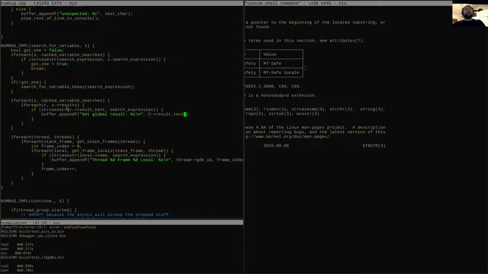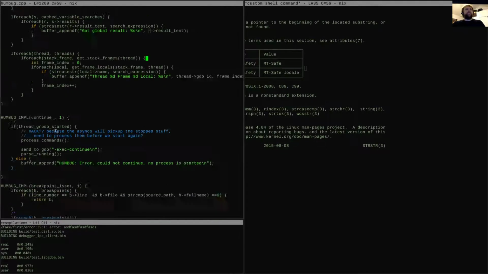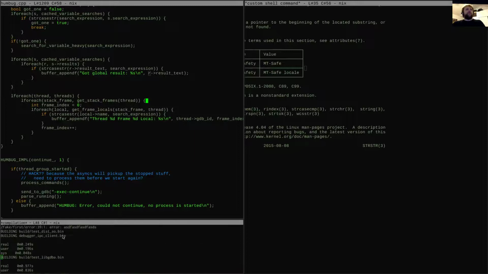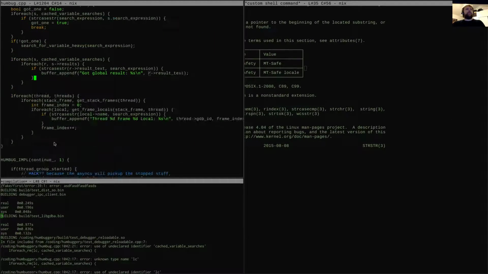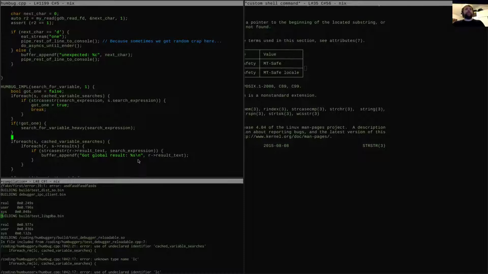Right. Okay. So I do believe that we need to fix all of the compilers to make all this work.